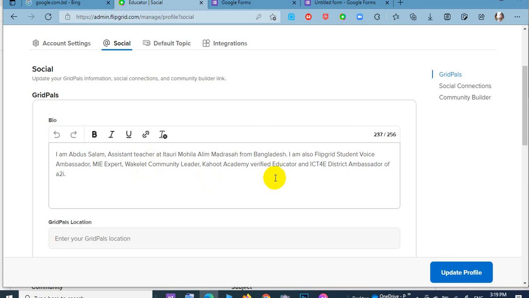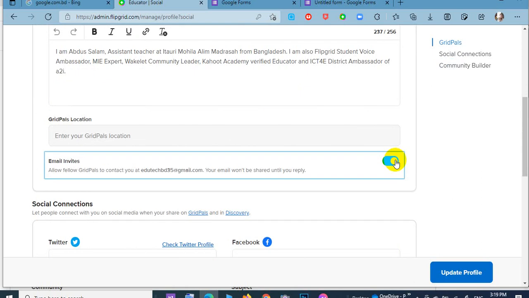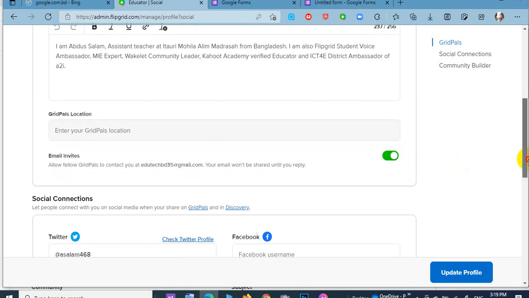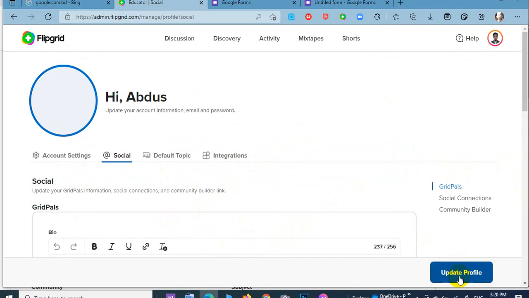So remember that you should include 256 characters only. GridPals location, just activate this email icon, and then add your Twitter handle, Facebook username, Instagram, Snapchat, YouTube, Voxer, Skype, LinkedIn, etc. After all, then update profile.